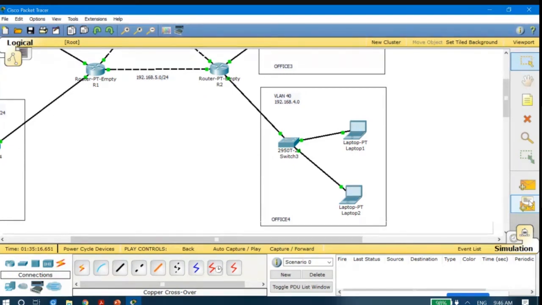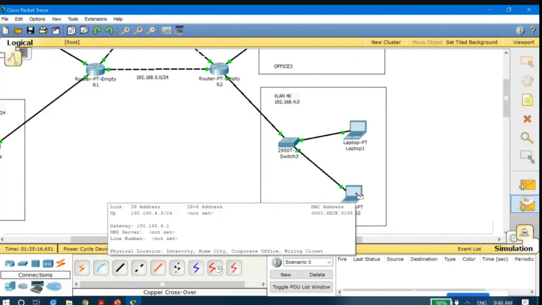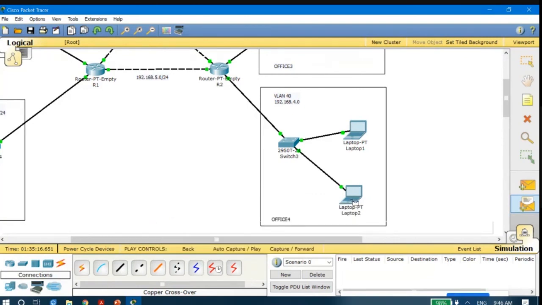Yes, sir. Just click on it. Okay. And let's say that we have to send data from one computer of Office 4 to another computer of Office 1. So let us do that. Just click on it, and then you click on the sender, from the device from which you want to send. So let's say I have to send it from this laptop, so I'll click on it.